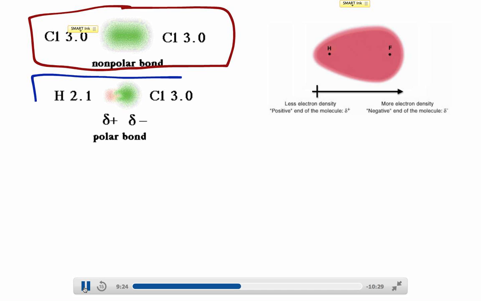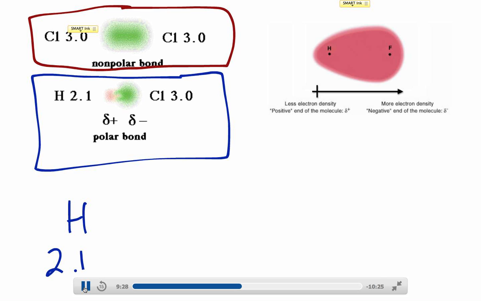So again, chlorine bonding to chlorine would be an example of a nonpolar bond because they're equal electronegativities. However, if we have hydrogen bonding to chlorine, now hydrogen, like it says, has an electronegativity of 2.1. Chlorine has electronegativity of 3. So if I draw chlorine, again, chlorine's in the 7th column, so it has 7 valence electrons. It has an electron here. It has a stronger pull on that electron than hydrogen. So when this bond forms between these,